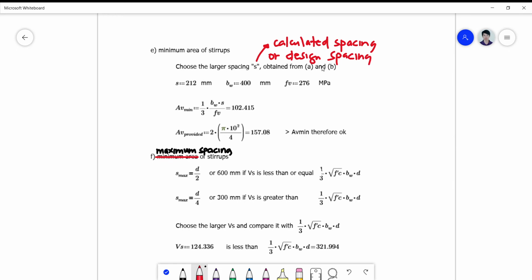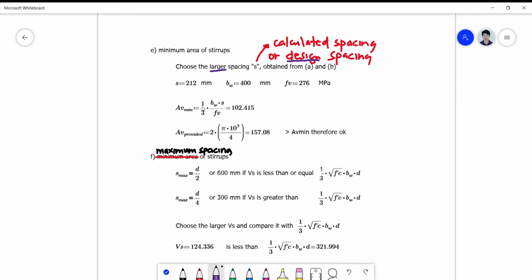Here what I did is I selected the larger of the two spacings that we have calculated and designed, and it's a comparison between 212 and I think 175 millimeter. So we choose the larger, which is 212,